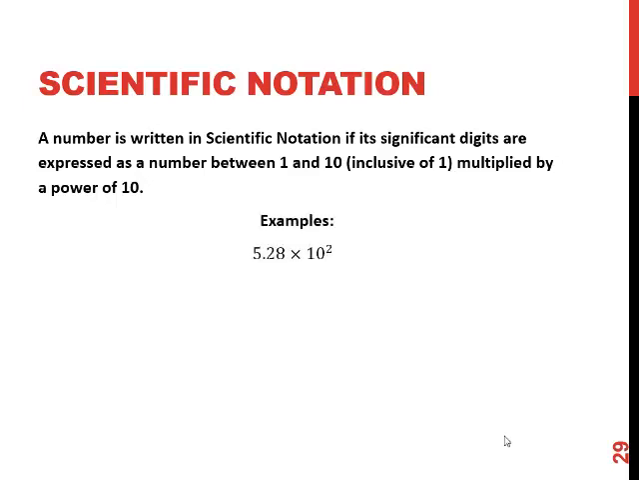For example, 5.28 times 10 to the second is in scientific notation. 1 times 10 to the fifth is in scientific notation. 9.915 times 10 to the negative 14th. These are all in scientific notation. Examples of numbers that wouldn't be: